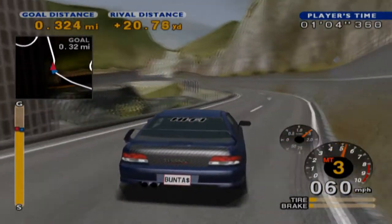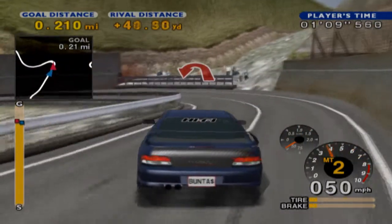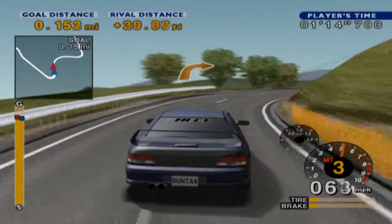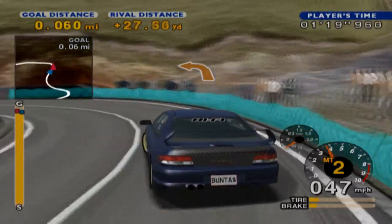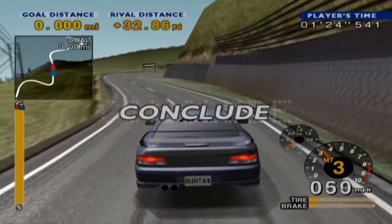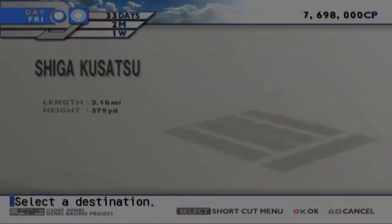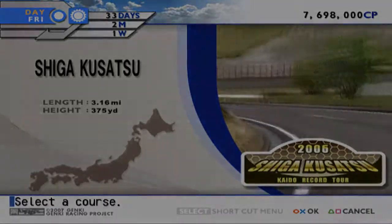Well, the finish line's right here. Wow, he almost tried to Shingo me. You see that? Okay, we just made this pulsar or whatever. He made him eat our dust. And I believe that was everybody because I raced 3 people and I had 3 encounters. So let's